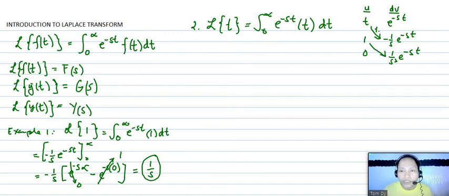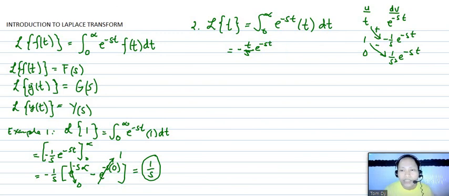This is positive, this one is negative, so our solution here, when we integrate our function, that is t, e to the negative st, so negative t over s, e to the negative st,